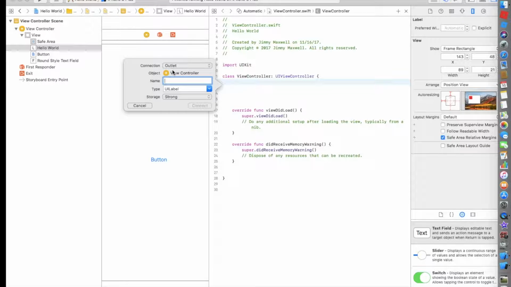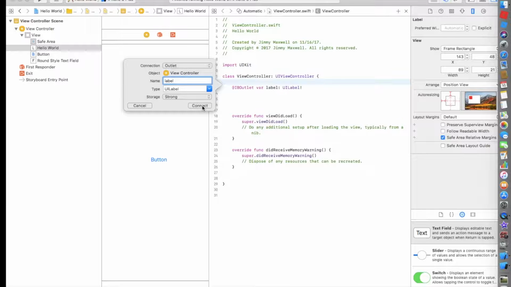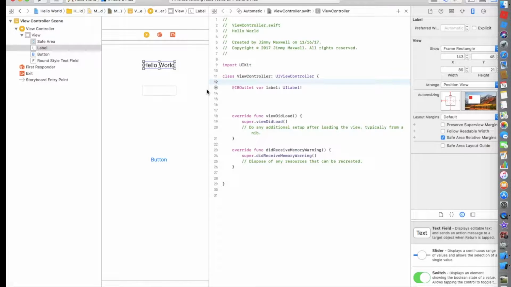You're going to want to really make sure that the connection is an outlet, because we want this to be a variable outlet. So, and then we can name it label. Let's name it label. Okay, and push connect. There we go. So basically what that did, that connected our label and basically made a variable. And whatever is on this label, hello world, that's what's in that variable. The variable label equals hello world. So, just to simplify that for you,